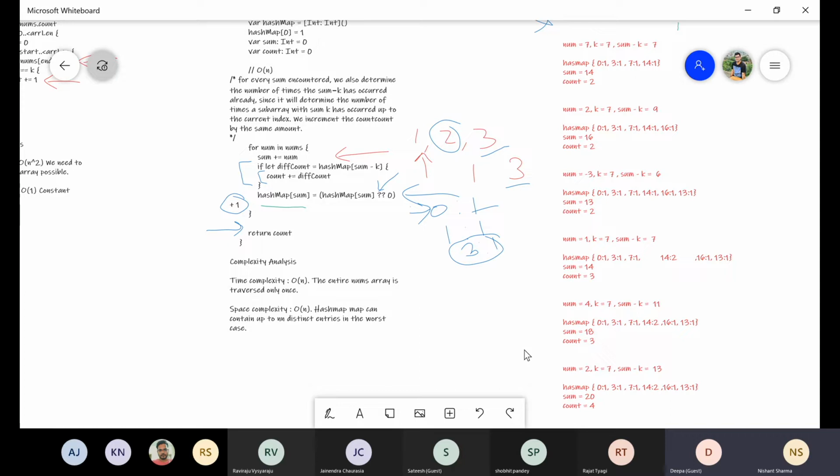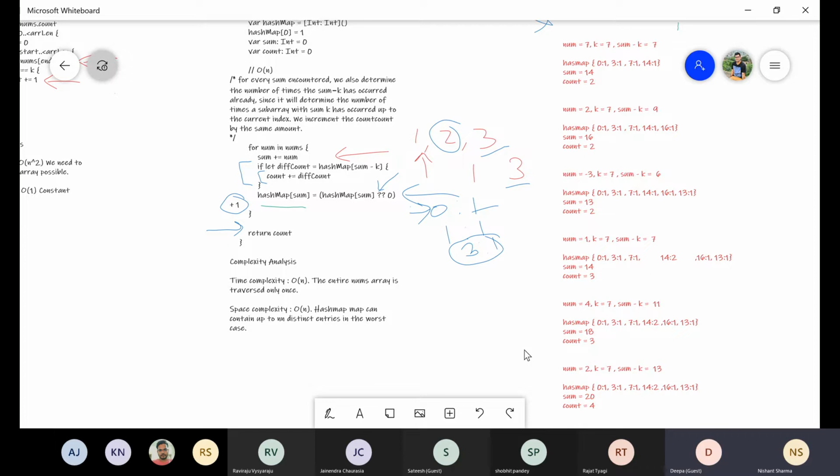Yes. So for the fourth approach, I try to relate it with the second approach, which was basically the cumulative sum approach, where we already have a sum array which stored the sum till a particular index. Like if we are talking about sum of i, it means it has a sum from 0 to i.